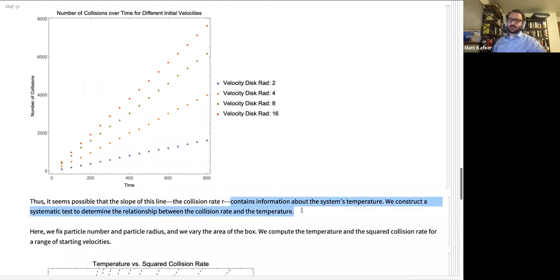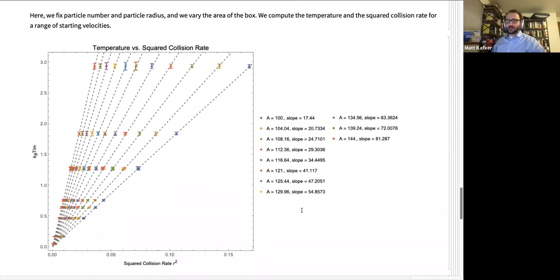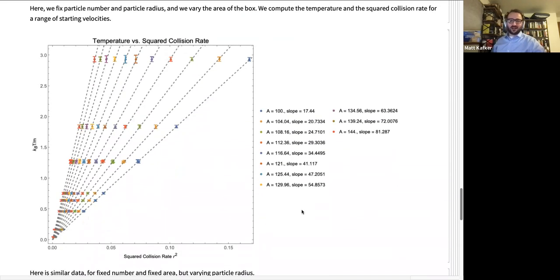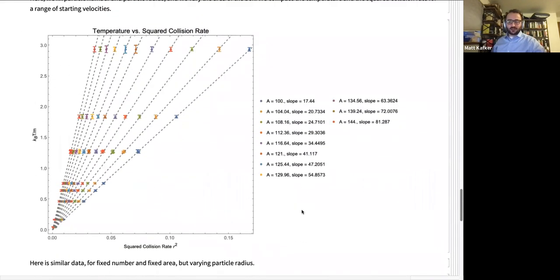So let's test this rigorously. And I'm about to show you something which has too much information on it, but we'll just dwell on this until everybody understands what's going on. So this plot has a lot more information than this plot here. It has a lot more simulations that went into it. So let me just say conceptually what's going on here. We ran a number of simulations. Yes, the best way to do this is to talk about one line at a time.